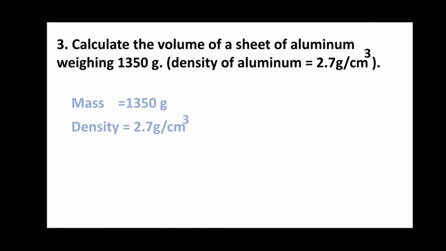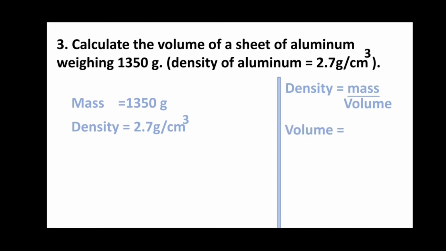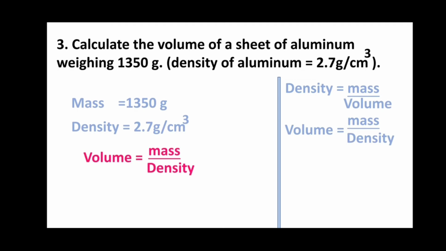For finding the volume from the formula of density, let us rearrange the formula. So for that we have to write the formula for density in workspace. Now let's make the volume on one side of the equation and all others on the other side of the equation. So here volume, when it went to the other side of the equation, it became multiplication, or it came in the numerator. So the density will come in the denominator. So thus we got the formula for volume as mass divided by density.